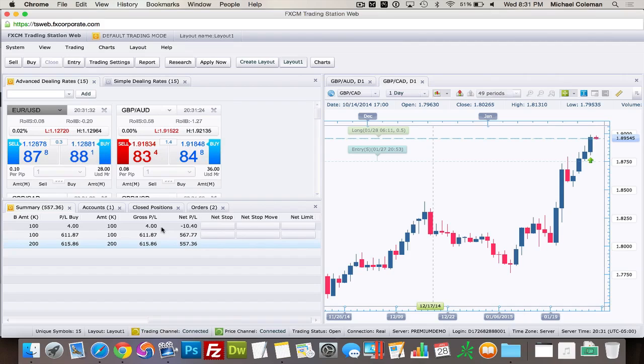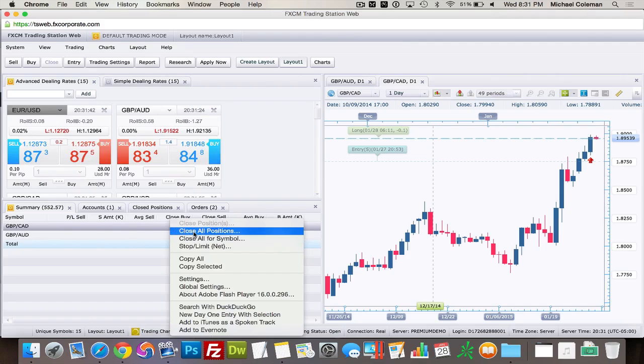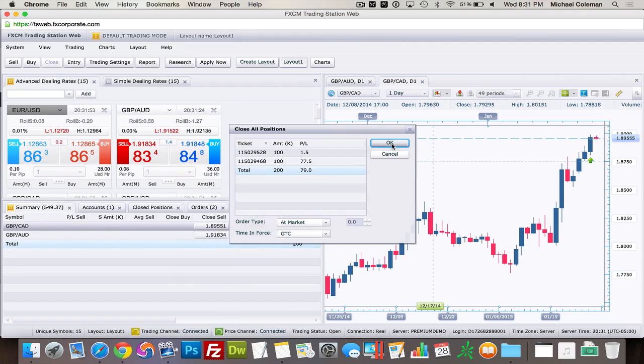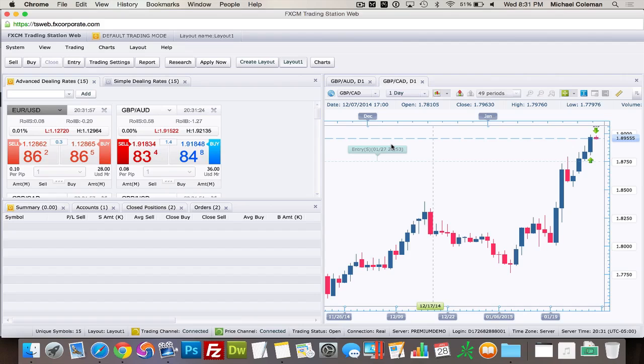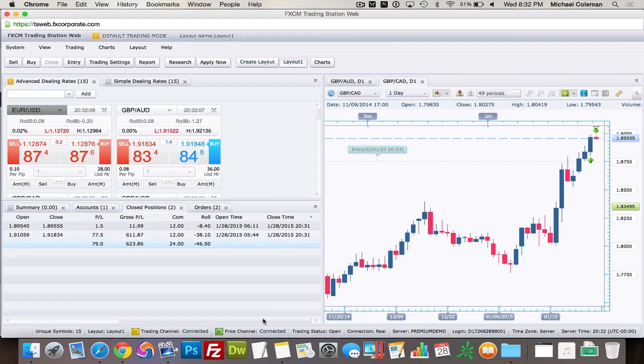So that is actually what I'm going to do here right now. I'm going to show you how we're going to close out the trade. We're going to highlight a row, right click, and because I'm closing out both positions at the same time, I'm going to click close all positions. If you just simply click close all positions, that is going to clear it all out. If you wanted to come over to your closed positions, you can get your final tally on what your